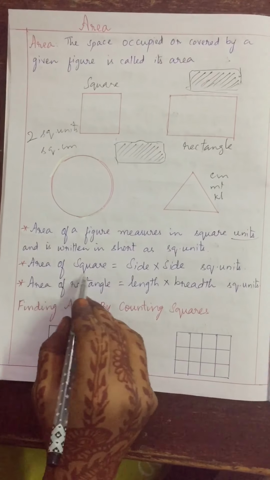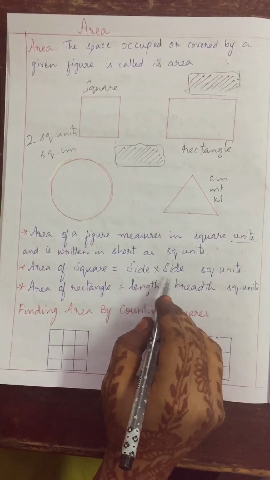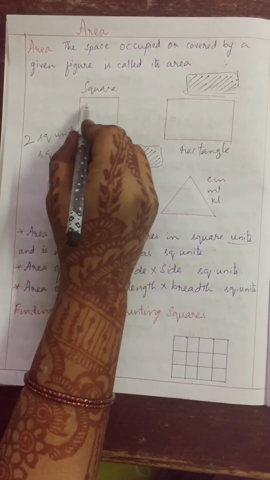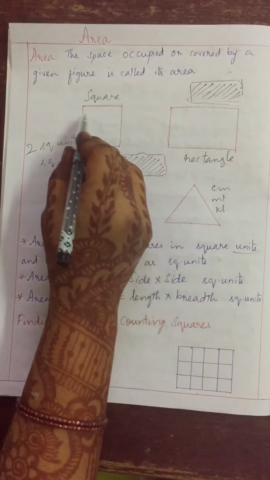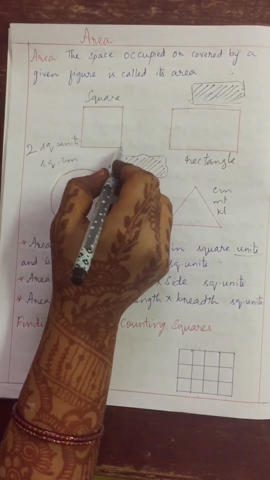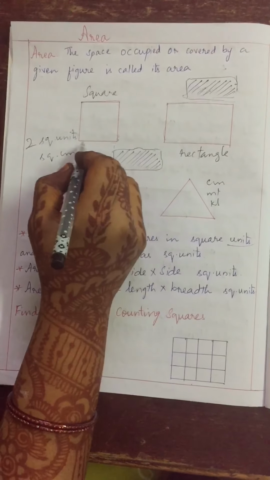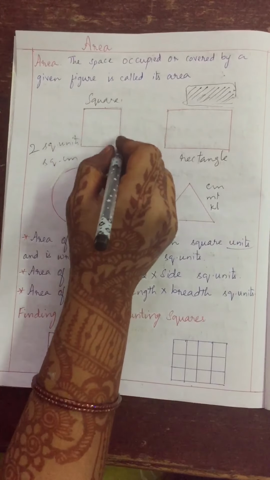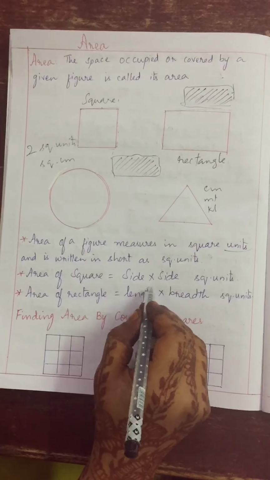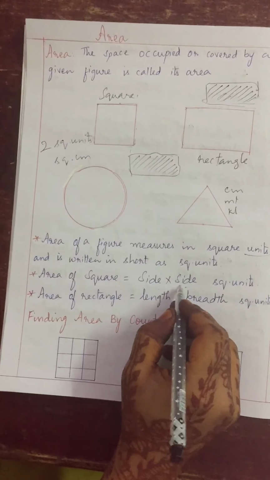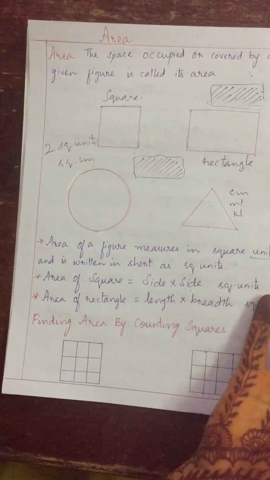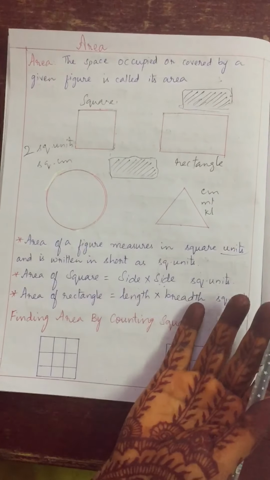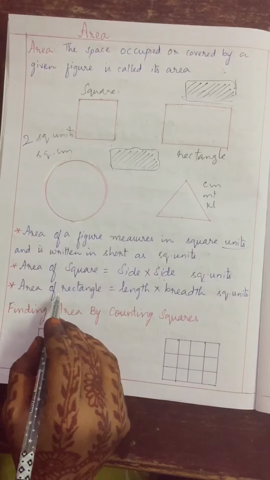Now here see the area of a square. There are formulas, children. Area of a square is nothing but side into side. Like I said, in a square all sides are equal. This is one side, this is one side, this is the fourth side. All sides are equal. So if we multiply this side and this side, that is nothing but the area of this square. Side into side, square units. Units can be anything, as I said: centimeter, meter, kilometer, millimeter, anything you can say.